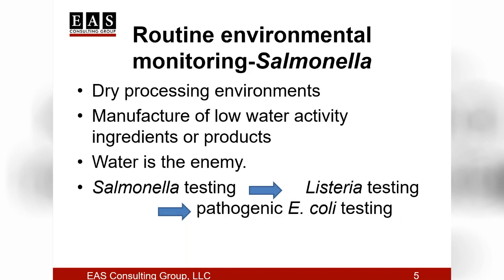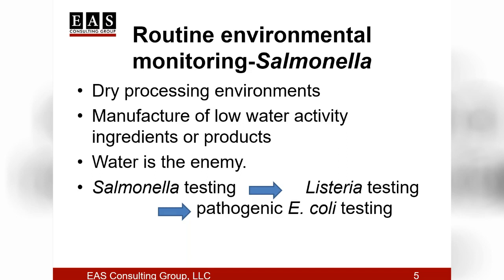Although traditional microbiology does identify Salmonella as the target pathogen in a dry operation, I have heard that the FDA is also swabbing for Listeria when they go into those operations, and I have heard that many times. I heard last week that if you are swabbing for Salmonella, you should be thinking about Listeria and perhaps swabbing for Listeria as well. And if you are swabbing for Listeria, you may want to consider pathogenic E. coli and whether that is a risk in your facility, and you may want to be swabbing for that as